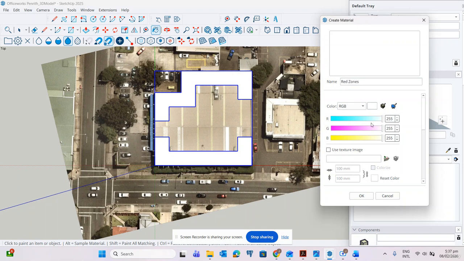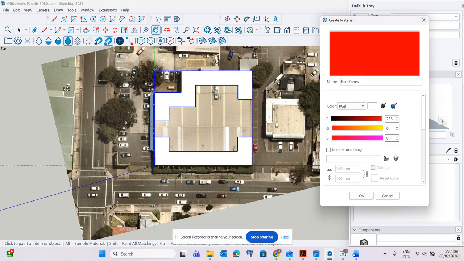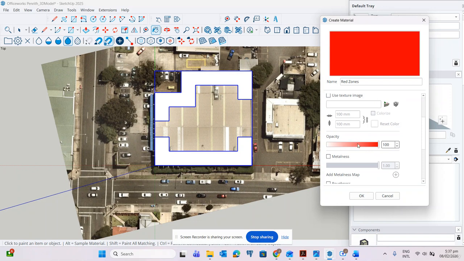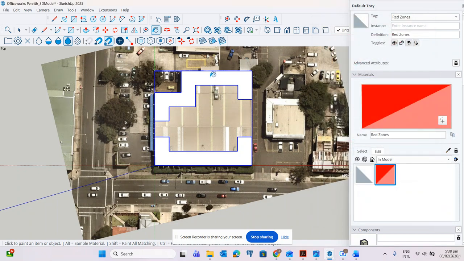In RGB, the red is 255 and then the rest is 0. And then the opacity we will make it 50 so that we will not totally see red, we can see the background image.